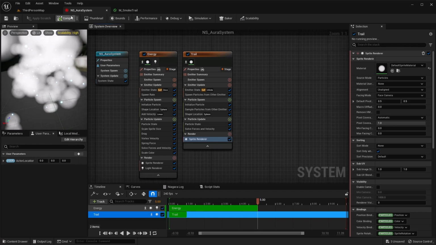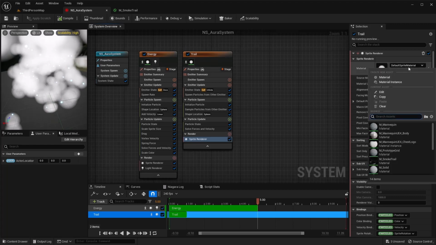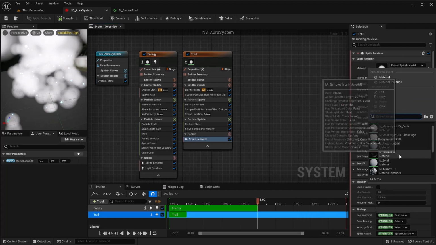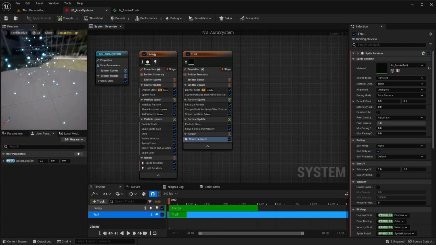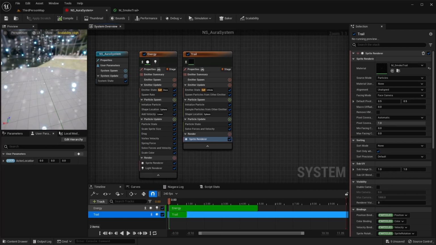And then back in your Niagara system, go to your sprite renderer on your trail, and set it to that smoke trail. And now it looks like there's smoke coming off of it.